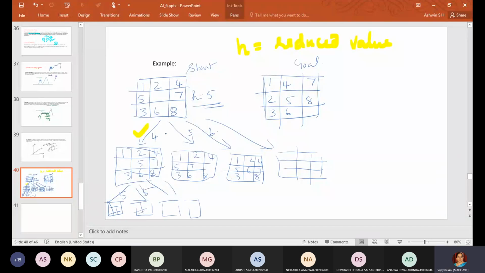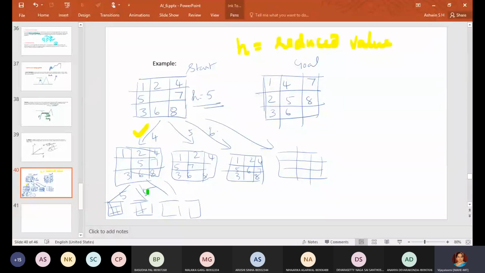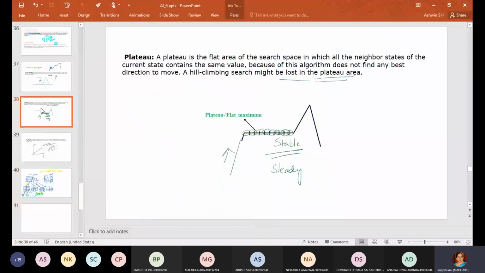So what happens is, this hill climbing algorithm will not give you a solution here. It stops. The reason is, whatever I explained in my previous slide, that is the plateau. It assumes that it is stable, so it does not find any best direction to move. It gets lost in this plateau.